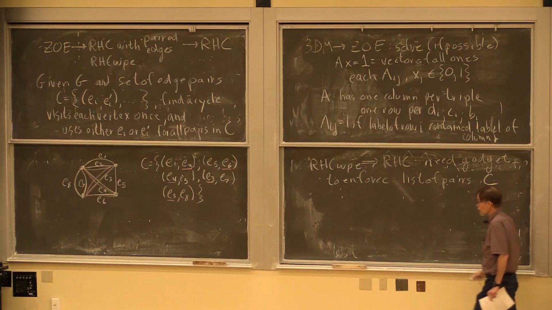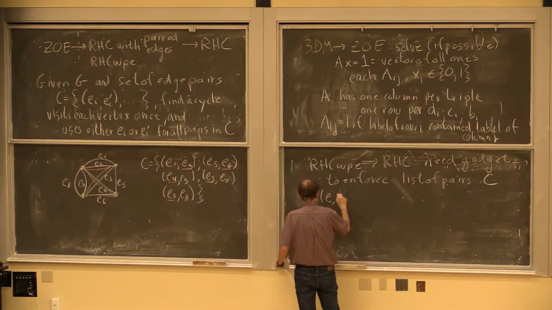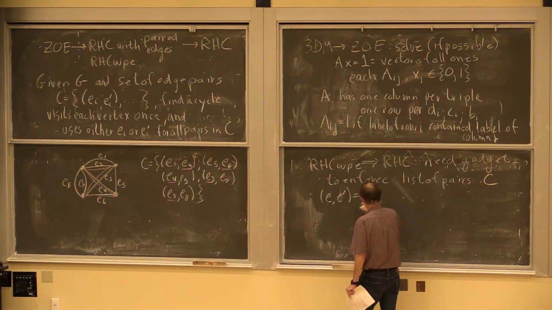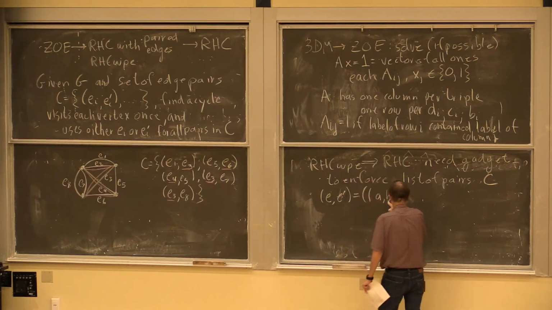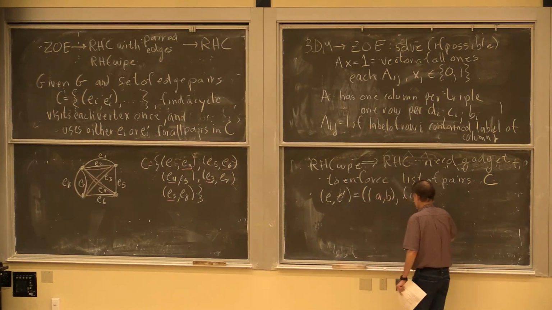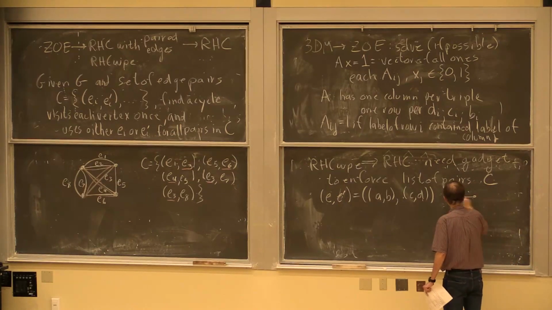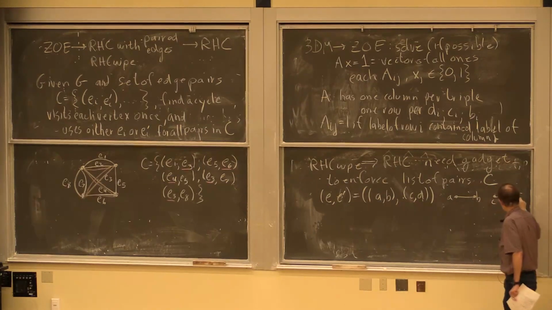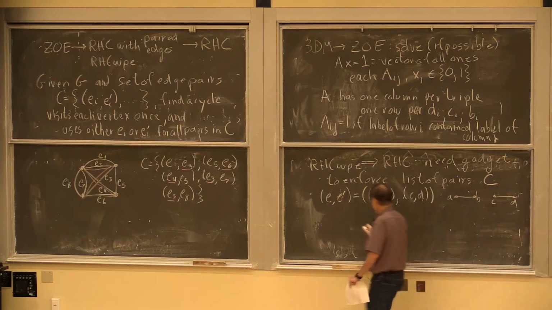Okay, so let me just show you how that gadget works. So suppose one of those pairs of edges, and let me just give them some names. So E is the edge from vertex A to vertex B, and E prime is the edge from C to D. Okay. So that means I have these two edges, A to B and C to D, and I'm only allowed to choose one of them. So how do I enforce that? So here's the trick.